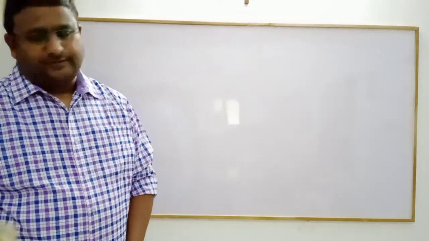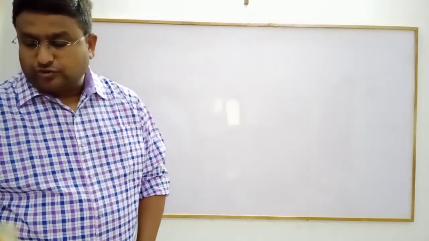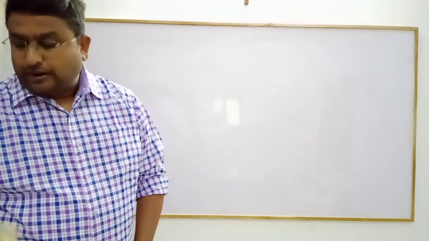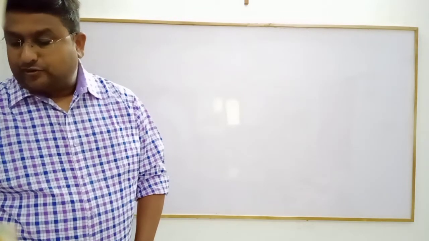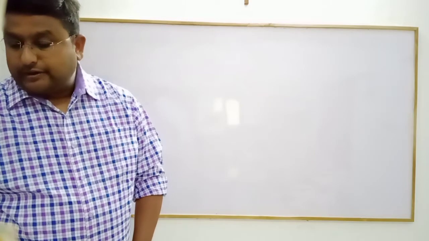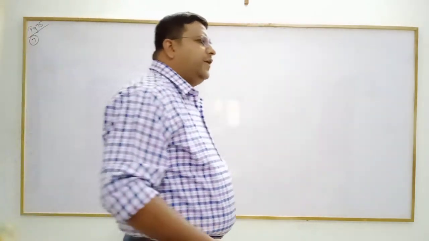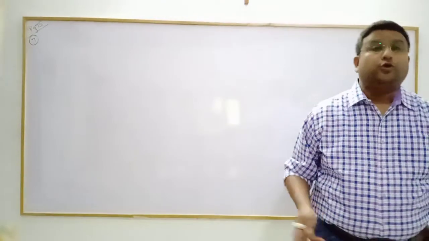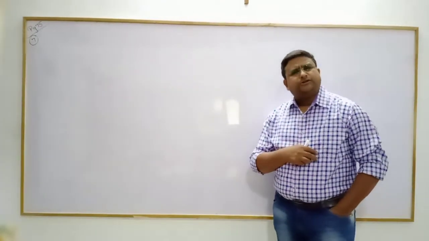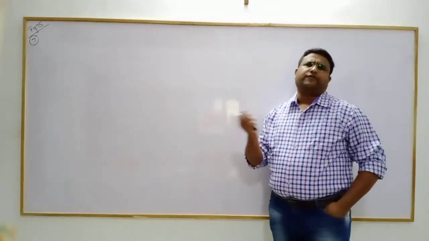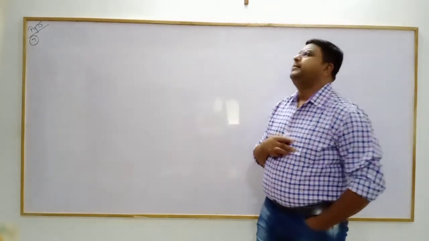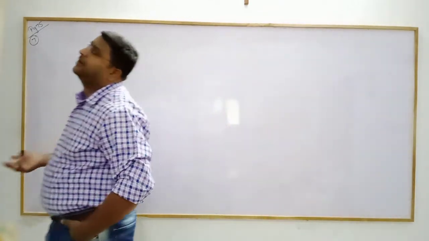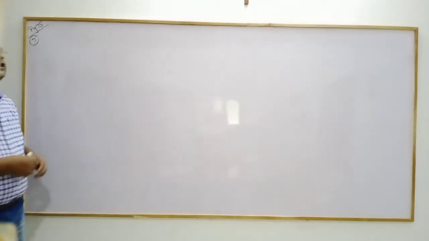Very easy question. He says Yamini and Fatima, two students of class 9th of a school, together contributed ₹100 towards Prime Minister's Relief Fund to help earthquake victims. Write a linear equation to satisfy the data. Two friends together have given ₹100. Is it possible that both of them gave 50-50? 50 plus 50, 100. It is possible Yamini gave ₹40 and Fatima gave ₹60. Quite possible. So everything is possible.